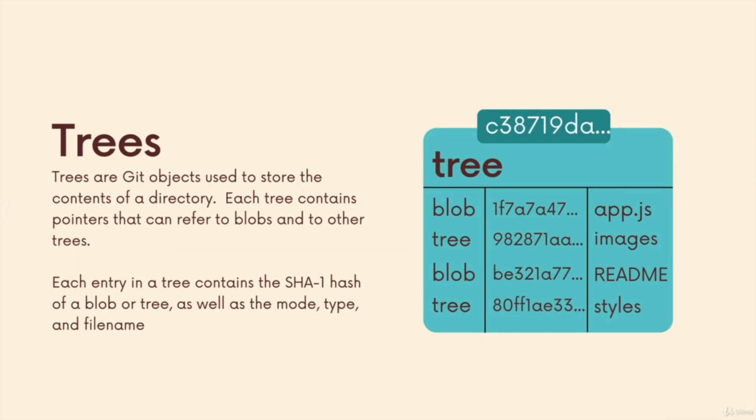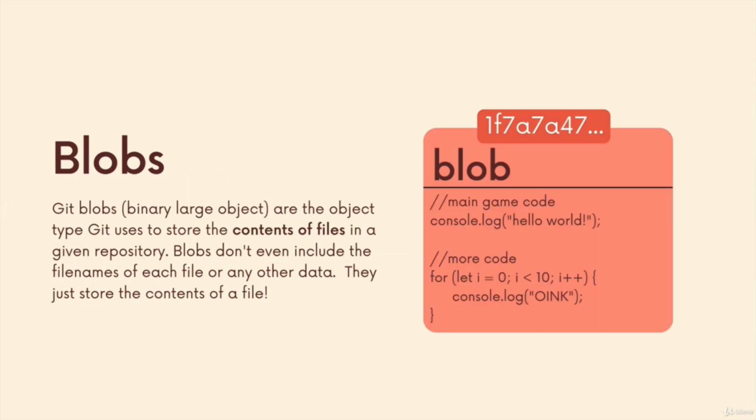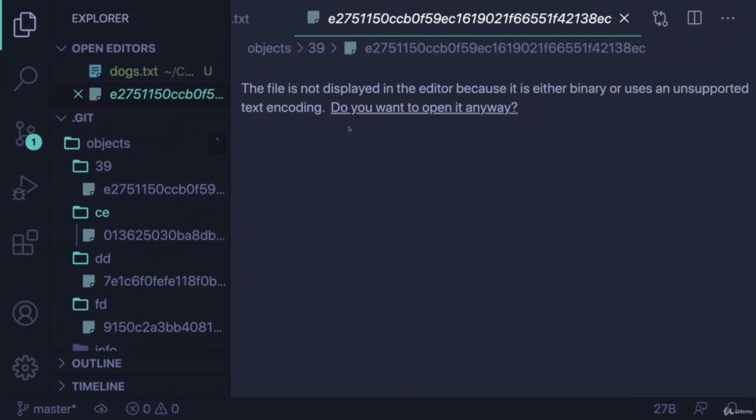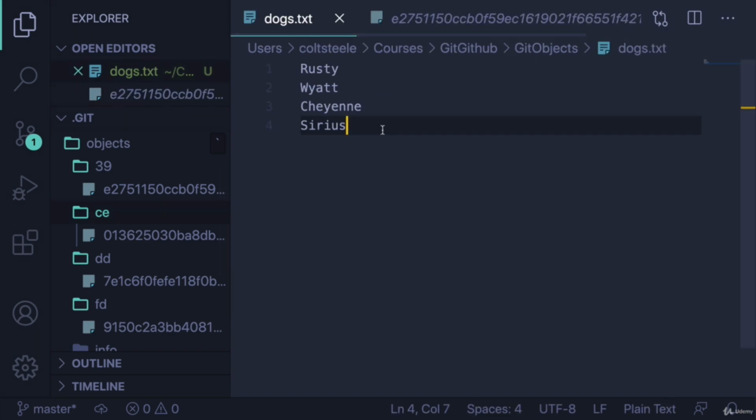Okay, so in the previous video, we talked about blobs, and it's probably kind of confusing at this point. We said blobs store the contents of files, but not even the file name, just the contents of files. Now, that's fine, I guess, if we want to do things like we have been doing, where we're storing a couple of words or the content of a single file and then asking Git to return it back to us. But in a large project with hundreds of files and nested folders and a crazy structure,